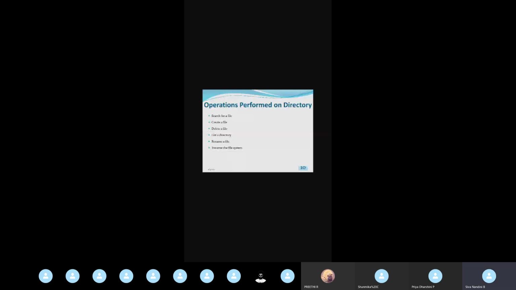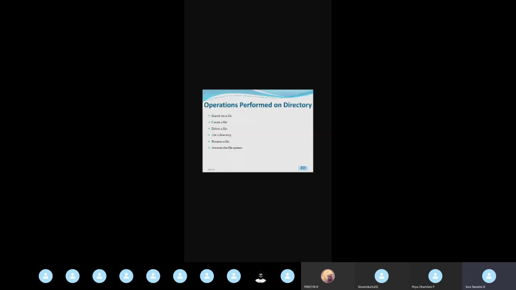so what do you mean by file? File is a collection of relevant information on the disk storage. Traversing the file system means we'll be updating the content of the file. That is, we'll be adding some data into the file, or we may be deleting some data from the file, or we'll be changing the content of the file. So we'll be doing any operations within the data of the file. So for that, we need to update the file as well as the directory.